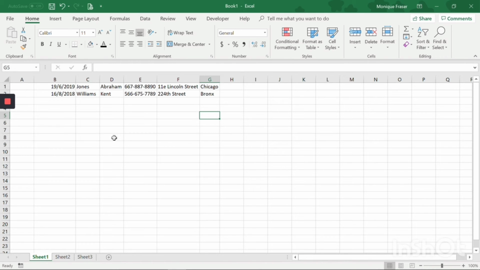Okay, let's look at autofilling. So we started this database. Now we want to know how many records are in our database. Say if we had 5 records here and we wanted to know how many, we can simply number it 1, 2, 3. And say if you had 100 records, instead of sitting and typing 100 numbers, you can use autofill. So you select the first 3 that you typed,